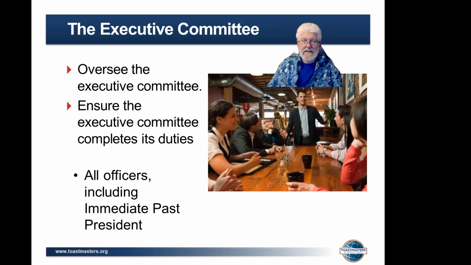And ensure that they keep their duties. Now, you're not there to police them. I mean, after all, Toastmasters is a volunteer organization, except for a handful of people who get paid. The rest is all volunteers, and they do get reimbursed expenses, reasonable expenses. And the word for reasonable is if the tax department will allow you to write off an expense, chances are that Toastmasters will reimburse you, even if they don't reimburse you the full amount.